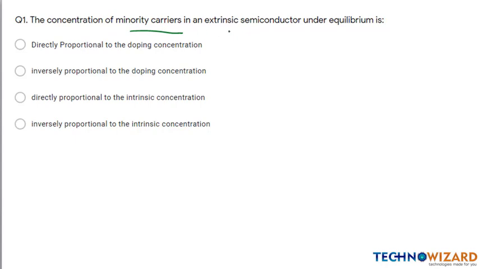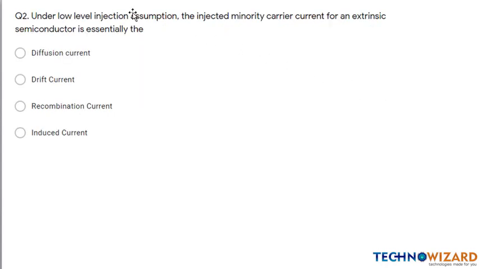The concentration of minority carriers in an extrinsic semiconductor under equilibrium is always inversely proportional to the doping concentration. If we increase the doping concentration, the concentration of minority carriers will decrease. If we decrease the doping concentration, the minority carrier concentration will increase. Question number 2. Under low level injection assumption, the injected minority carrier current for an extrinsic semiconductor is essentially